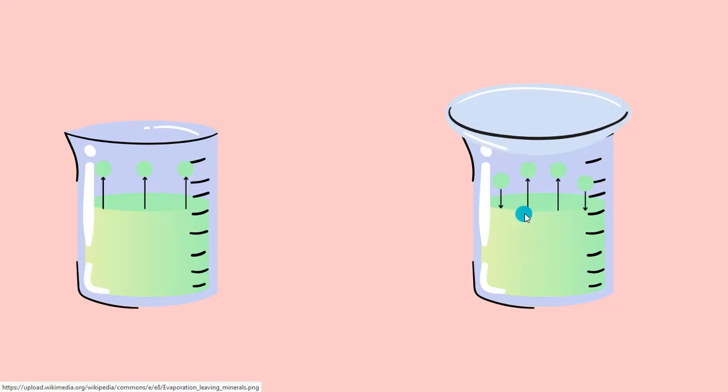First, the process of evaporation will take place, and this in turn will lead to a decrease in the level of the liquid. But since this is a closed container, these molecules cannot escape into the atmosphere. They are stuck over here. So over a period of time, it will reach a point where the number of molecules that are getting evaporated will be equal to the number of molecules